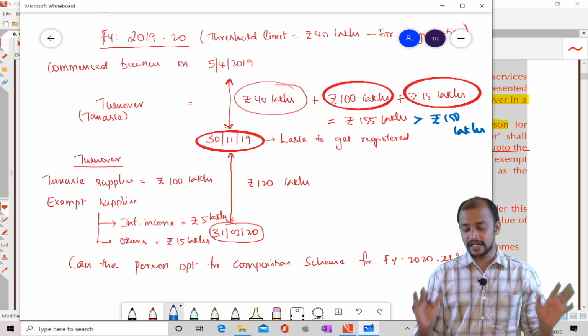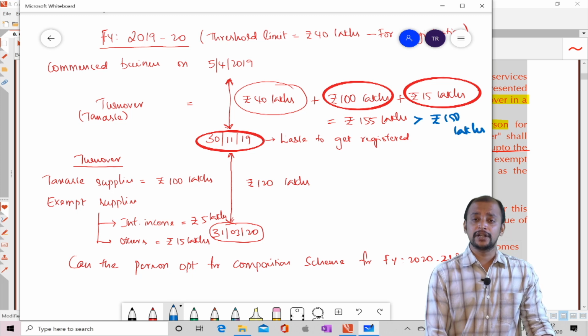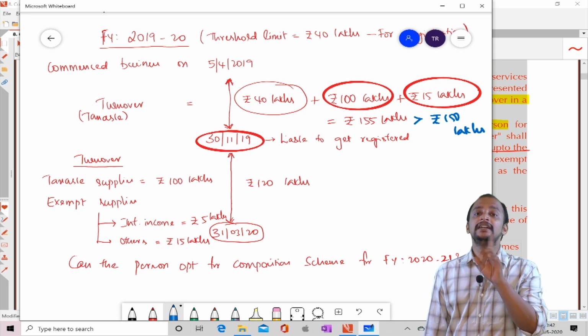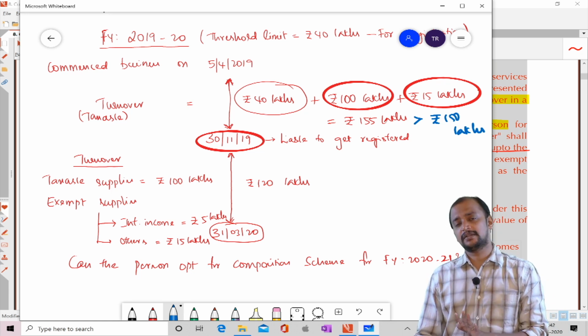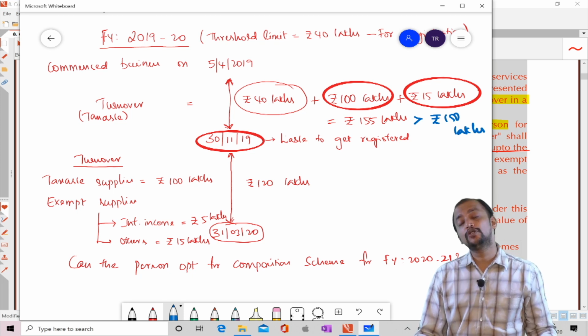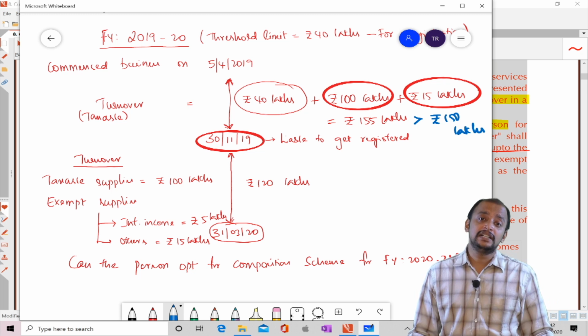Now we understood the aggregate turnover impact here. So what is that? Aggregate turnover includes all turnovers, but it excludes interest income only. That is, exempted supply also will come in aggregate turnover, but interest income should be excluded. And then one more point, what is that? From the beginning of the financial year till the date that person is